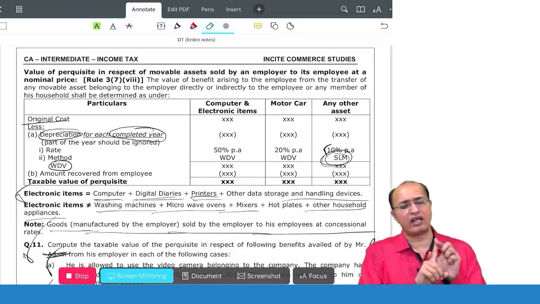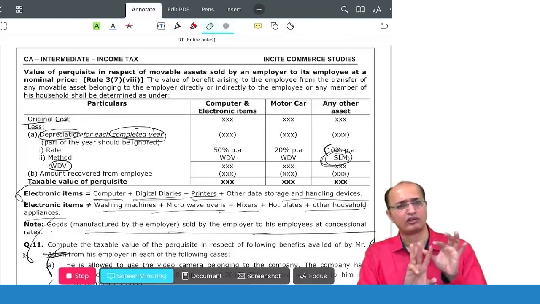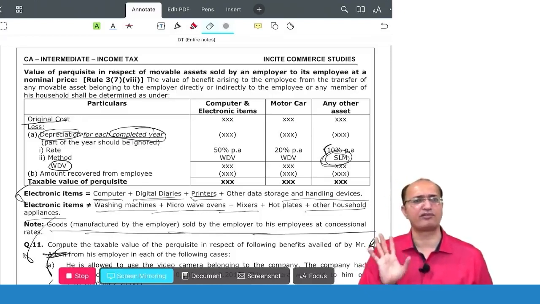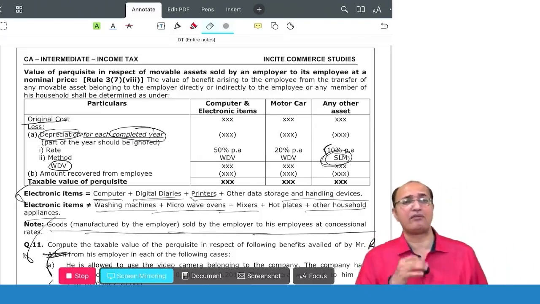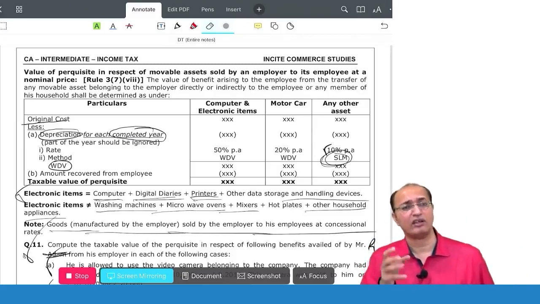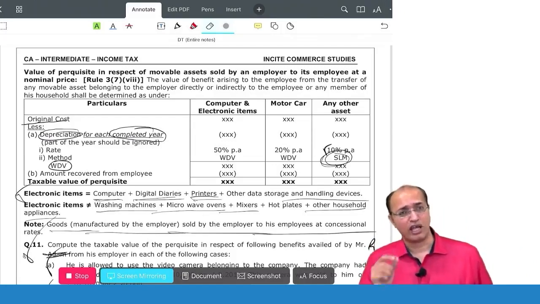Number 1, whenever your child is involved. Number 2, whenever food is involved, and number 3, whenever your health is involved. So child, food and health, these 3 things in the chapter of salary, they will try not to levy the tax. If at all they levy the tax, they will try to levy the tax on the lower amount. So it is not necessary for the government to levy tax in all the situations. And please understand,